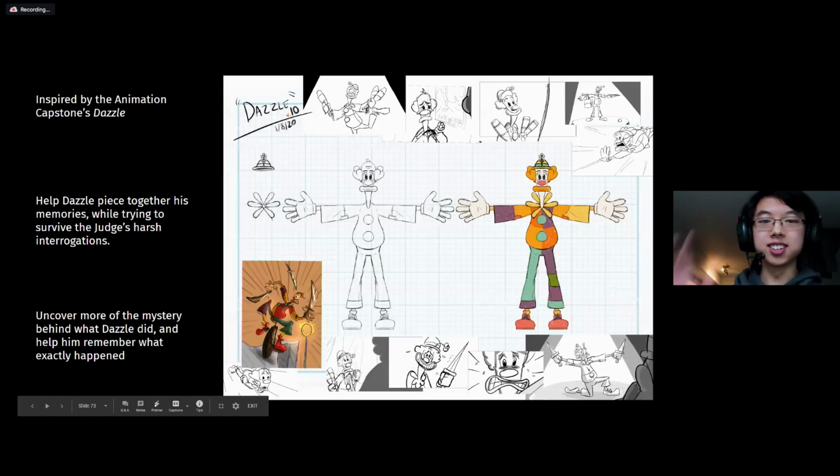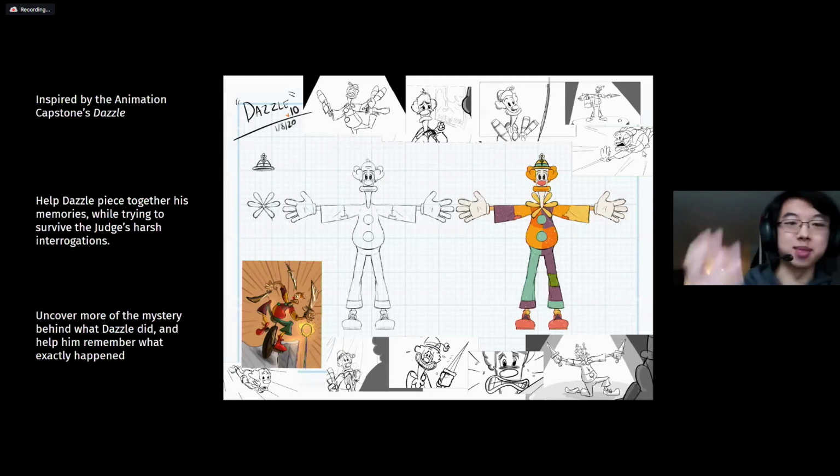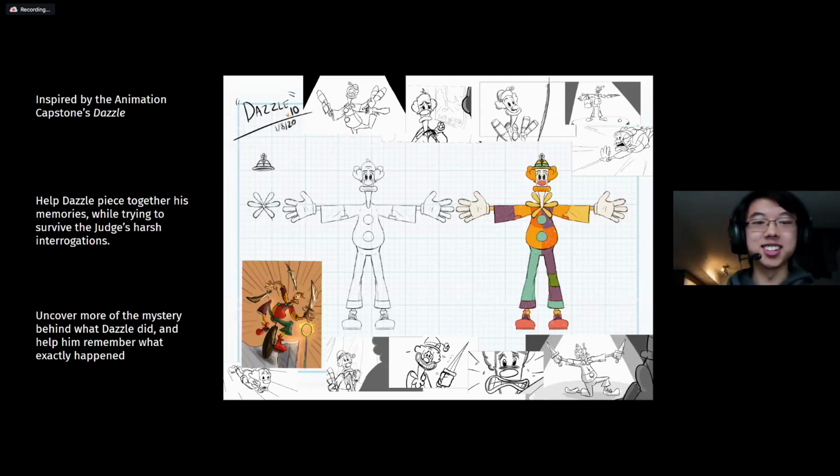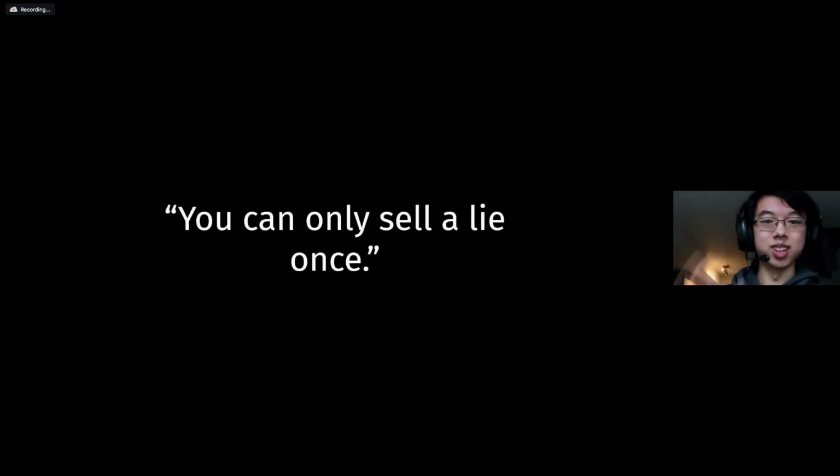Let's see. You enter Dazzle. Inspired by Animation Capstone's short film, Dazzle Murder Mystery takes place after Dazzle mistakenly plays the lead role as an unqualified circus clown. As you play through the game, you play as Dazzle, and help him remember certain scenes, piecing together the story as a whole while trying to remember that fateful night when he mistakenly runs over a clown with his unicycle. Next slide. This is all sold by the armature You Can Only Sell a Lie Once,